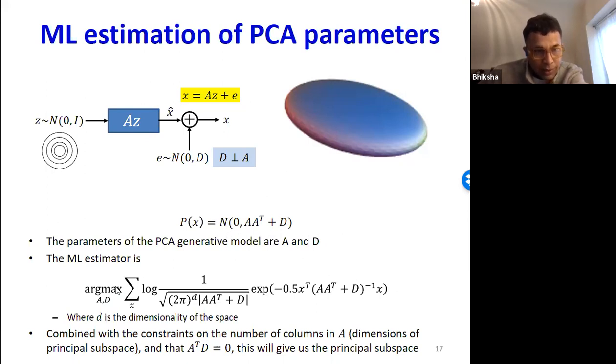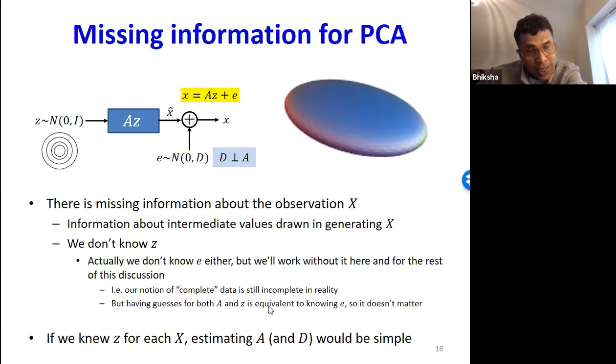Given a collection of data, the parameters are just A and D. I can perform maximum likelihood estimation on these using this distribution. And if you do it, you'll end up with your standard PCA eigenvalue decomposition estimates. So PCA is actually maximum likelihood estimation.